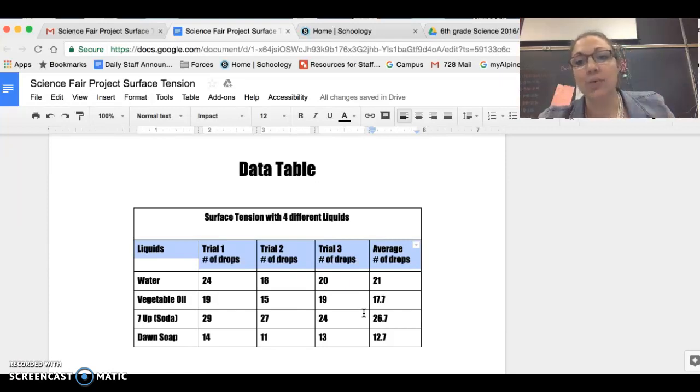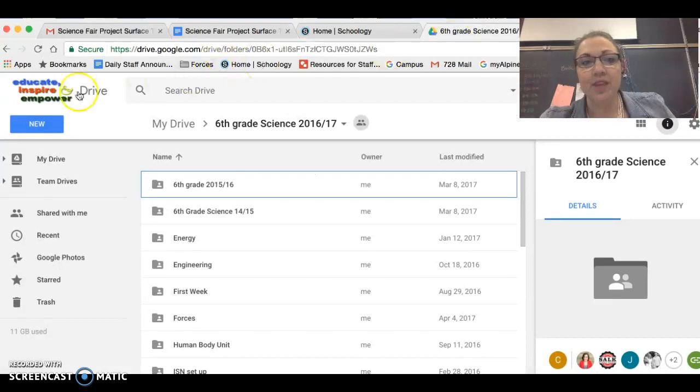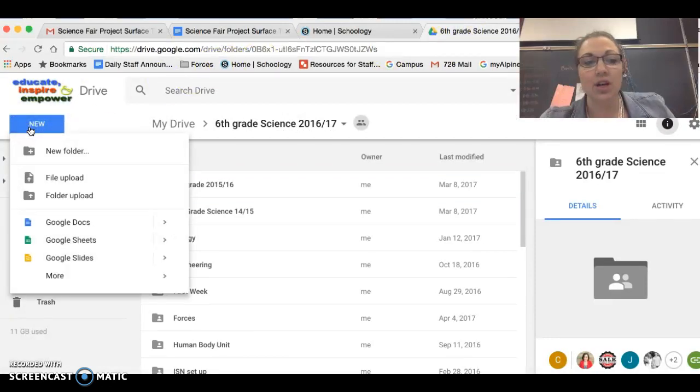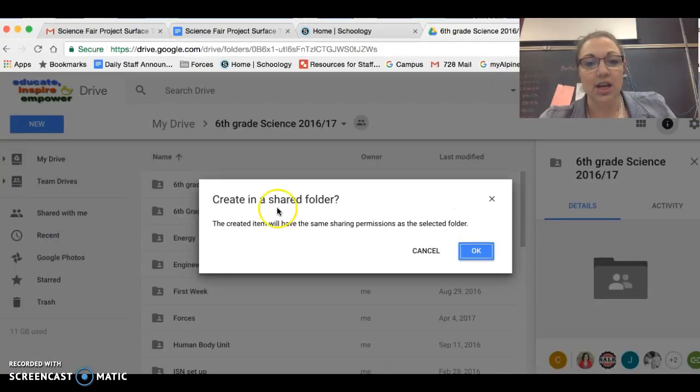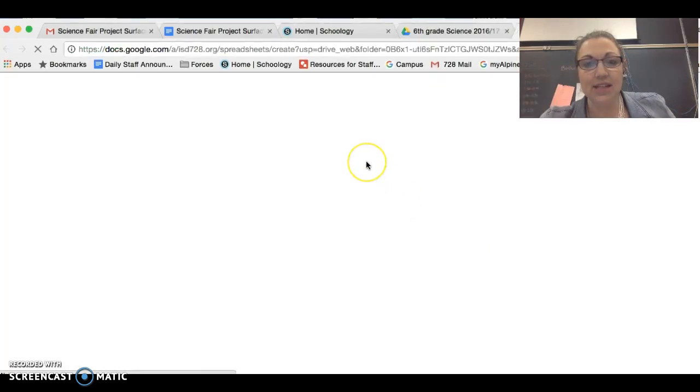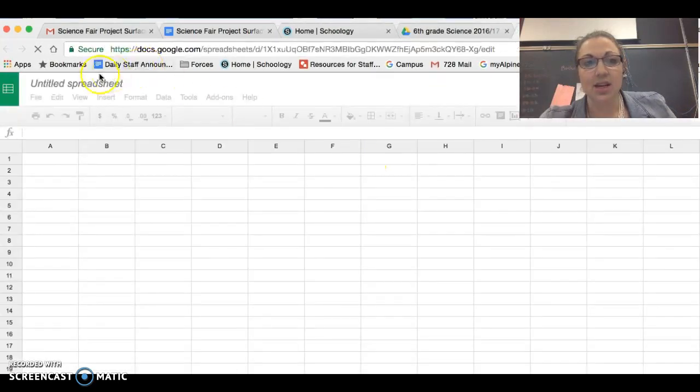So in order to do that, we need to open a Google Sheet. You're going to go to your drive, and we're going to go New, and you're going to do a Google Sheets. Google Sheets is what we use to make a graph. And you're going to create that, and you're going to name it like with your name